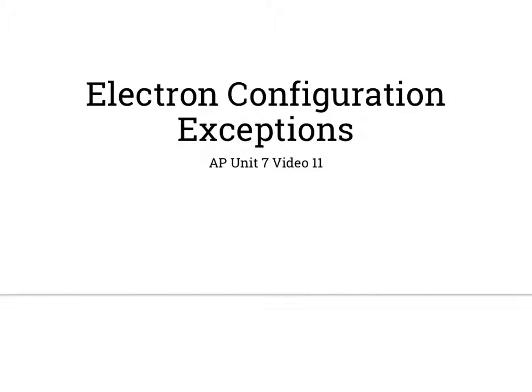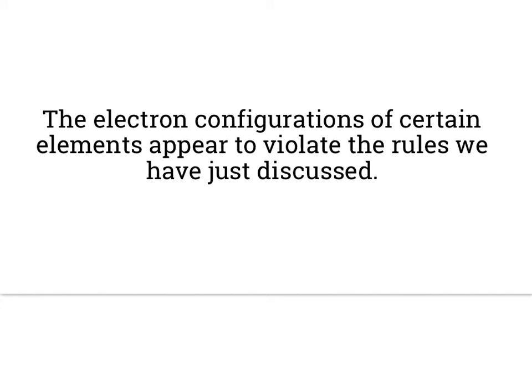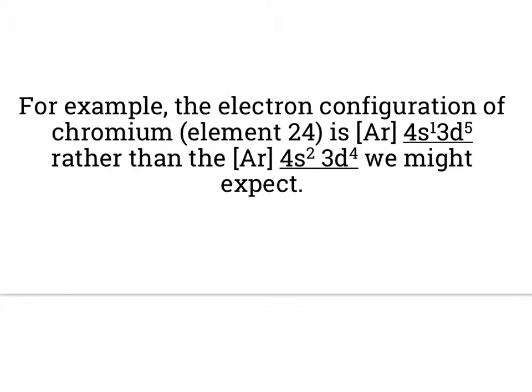But you may see some weird configurations every now and then, and I need to tell you that that's okay. Certain elements' ground state configurations are going to appear to violate the rules that we've been discussing for the past 5 videos. For example, the electron configuration of chromium, at least noble gas wise, is actually argon 4s1 3d5